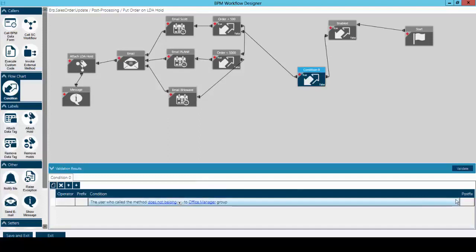So, as you have seen in this brief overview, Epicor's BPM will allow you to closely tailor your Epicor solution to reflect the best practices